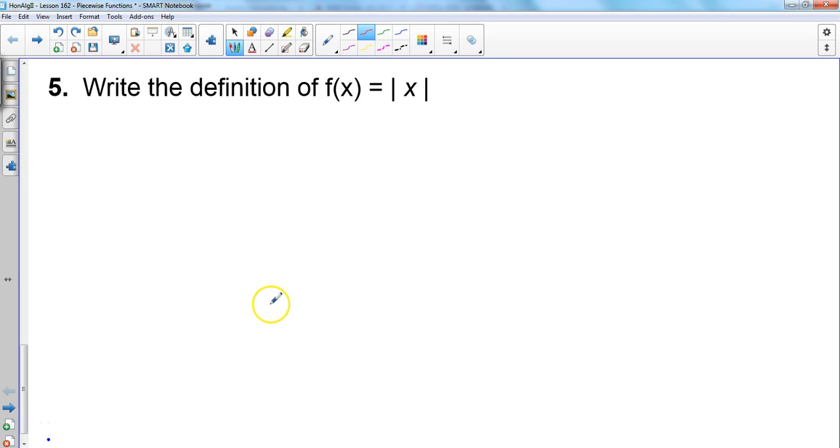Okay guys, we're going to start this video out by working with something that hopefully you're pretty familiar with, and that's the absolute value of x, this function. This is the parent function, parent absolute value function, and we just want to write the definition. And so based on this definition, we know that f of x